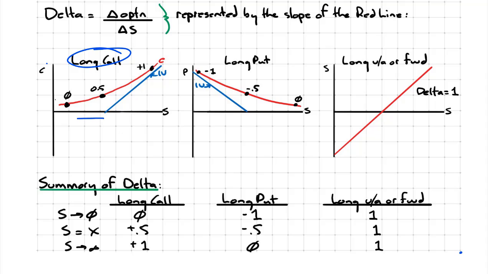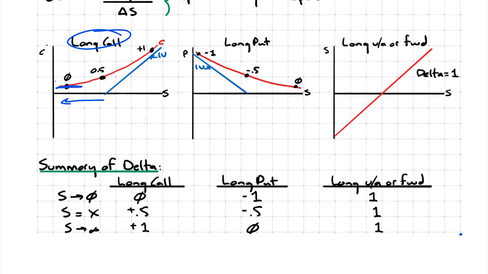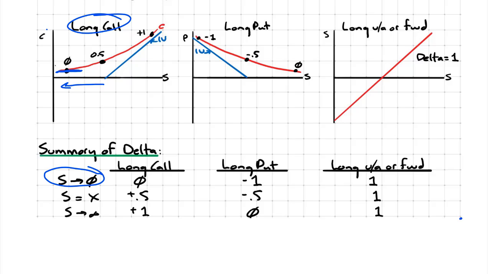And you can see as the spot price converges towards zero, the slope of the option price curve becomes flat, meaning that the option would exhibit almost zero sensitivity to changes in the spot price. What's the rationale? Well, when the option goes really, really deep out of the money, the option stops reacting to changes in the spot price. So there it is again. So when the spot price is going towards zero and the call option is going very deep out of the money, then the delta for that call option would be zero,